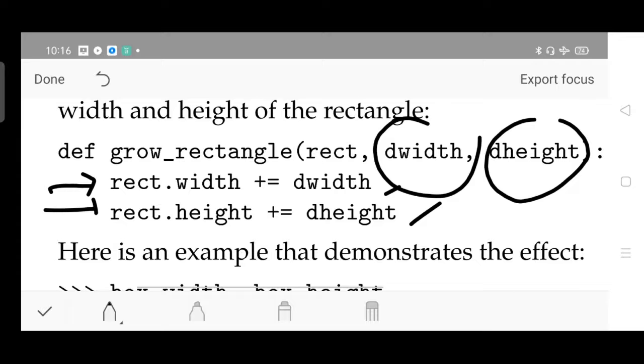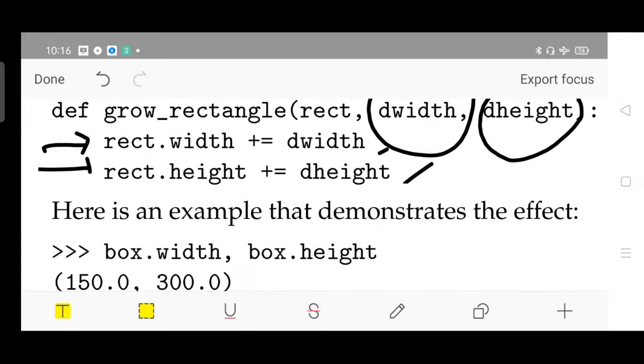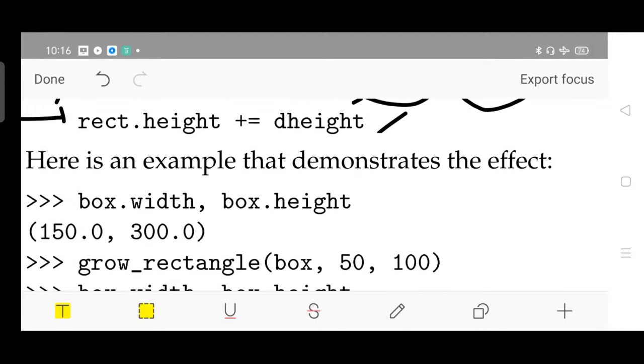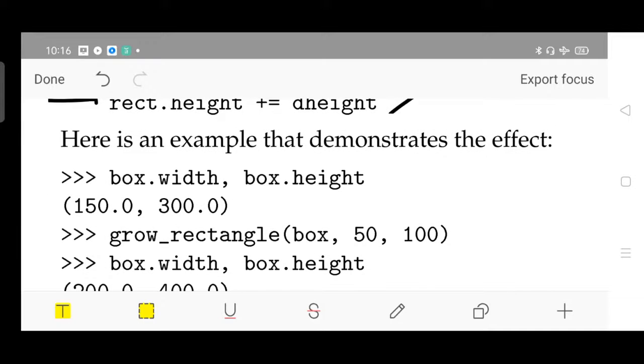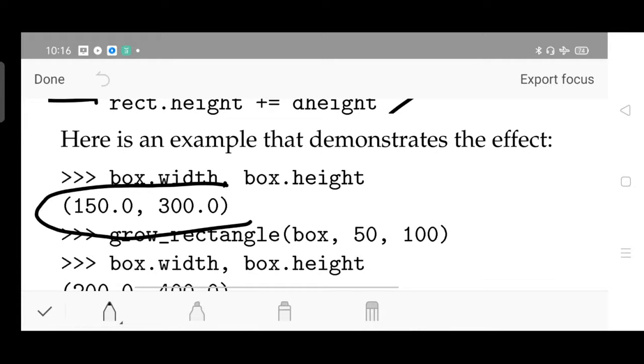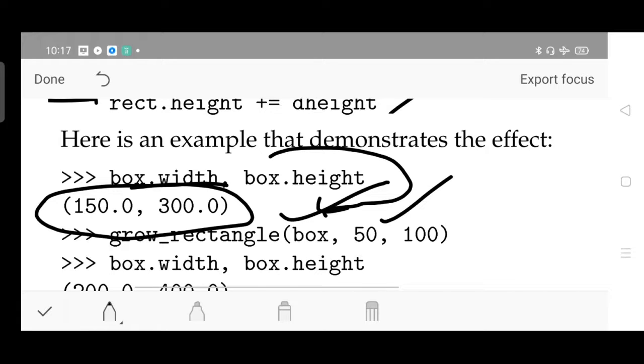In this way we can do the updation, or we can see the mutability, with the help of the function. Here is the demonstration. box.width and box.height will give you the pair of values, say 150 and 300. Then you make a call to the grow_rectangle function, passing the object first, let it be box, then the width and height values 50 and 50.